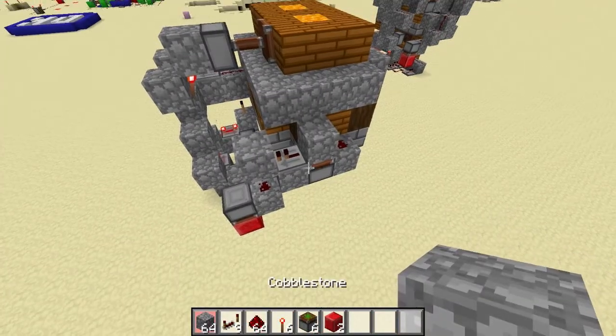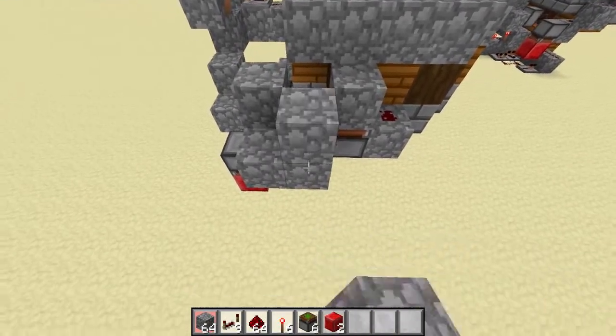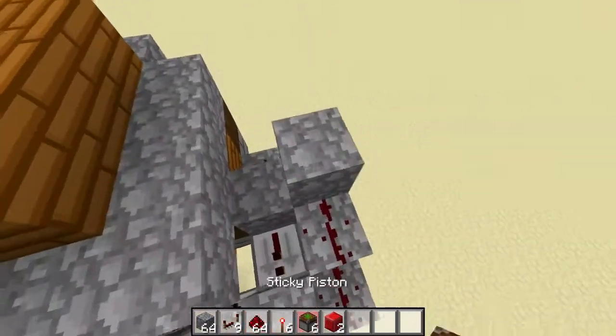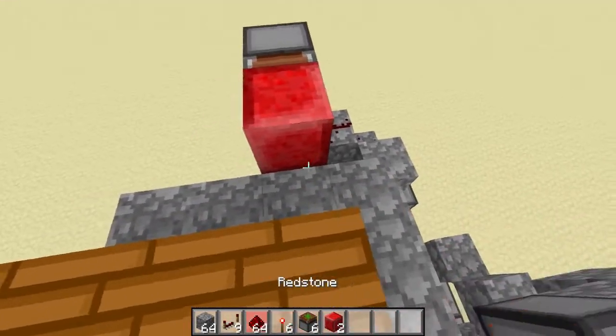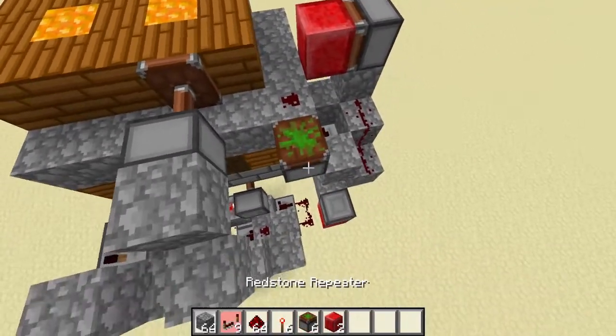So back over here by the button now, what we're going to do is on the side of this redstone dust we're going to place a block there, and we're just going to make a staircase up like that, 3 blocks, redstone dust on the first 2, and on top of this last one we're going to place a sticky piston facing inwards with a redstone block on the side of that, dust there, a sticky piston facing upwards with